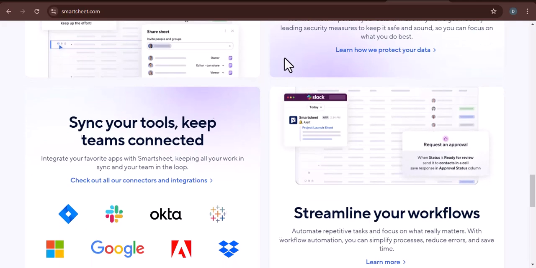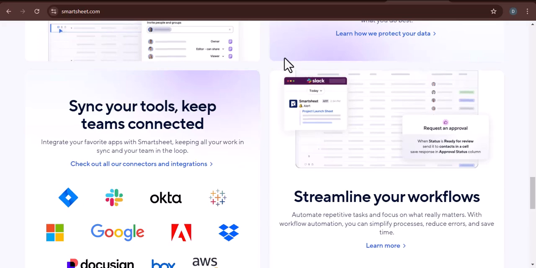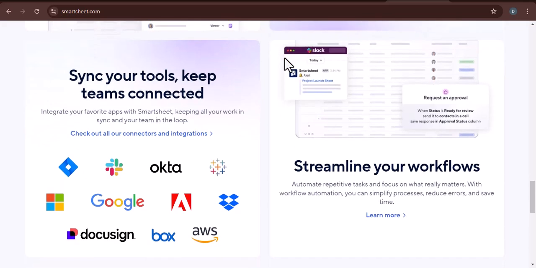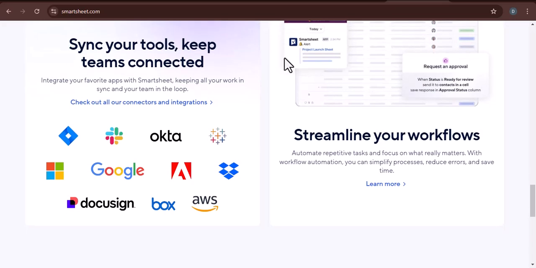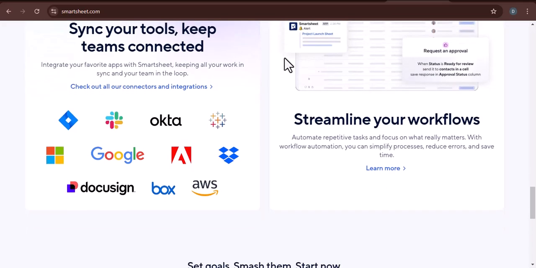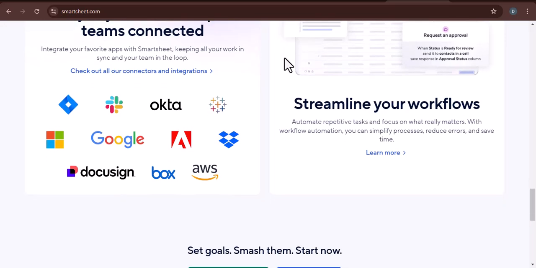Smartsheet is a powerful spreadsheet tool that can help you manage your work more efficiently. If you're looking for a free or trial version of Smartsheet, you can create one today. If you're interested in learning more about Smartsheet, please visit the Smartsheet website or watch some of the many